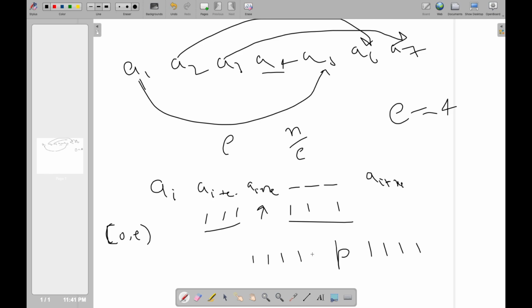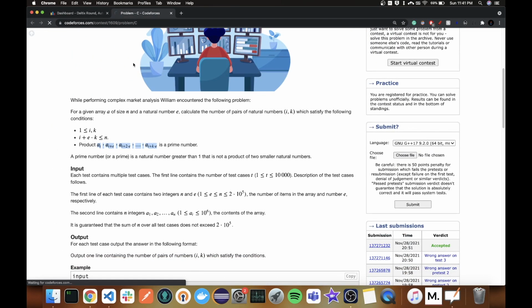So we can either choose the subarray to end here or here or here or here or here. So 1, 2, 3, 4, 5, which is the number of consecutive ones on the immediate left plus 1, multiplied by the number of immediate ones on the right plus 1, because the array can end here as well. But then we subtract 1 because we want k to be greater than or equal to 1, so that means the subarray should be greater than size 1. So we cannot consider this subarray. So we just have to do this.